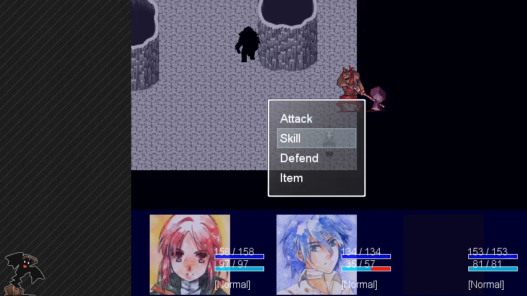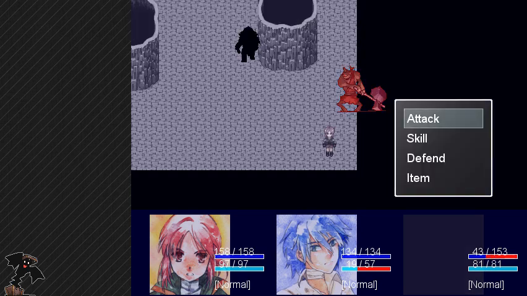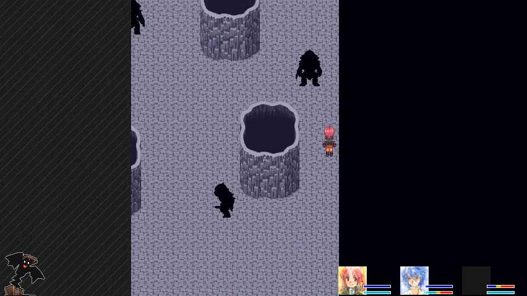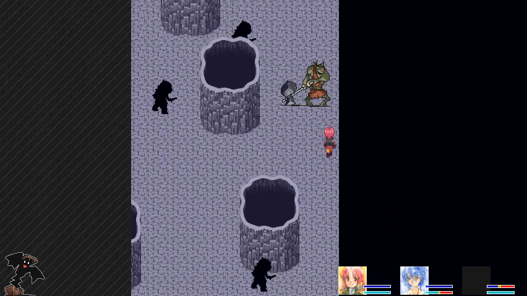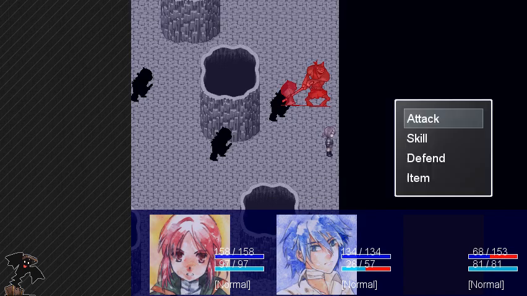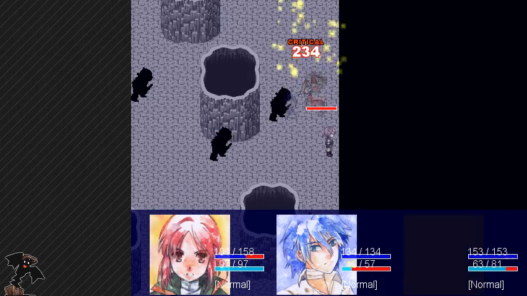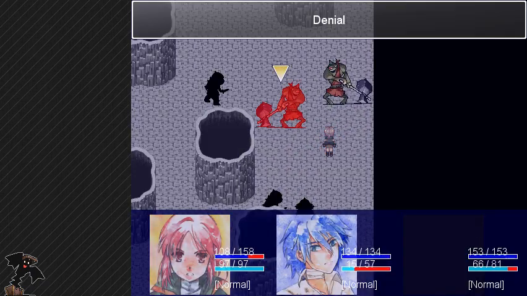Oh, that one actually looks like it is being aggressive. Interesting. Maybe in this cave they are aggressive? Yeah, that actually appears to be the case. Well...